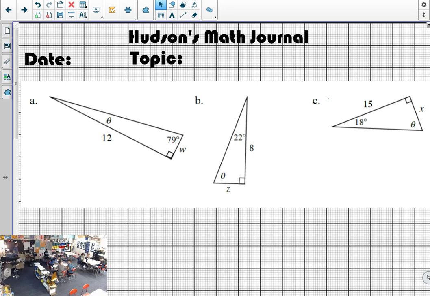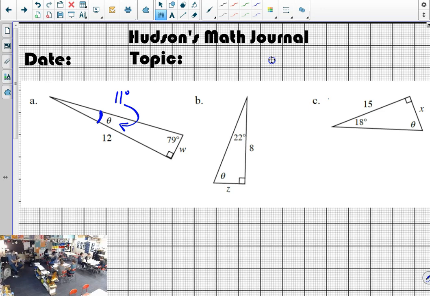So what from our trig table is going to be useful when we start to look at A? Ryan, what do you think? What's going to be useful as we start to solve A from the trig table? The 11 degree one? Okay, why? Because since it's 90 degrees and 79 degrees, the theta would have to be 11. Okay. Because of my triangle angle sum theorem, I know that that's 11. Knowing that it's 11 is part of what we're trying to do here, because that's one of my unknowns. So we label that as 11 degrees. Please make sure you have a label.